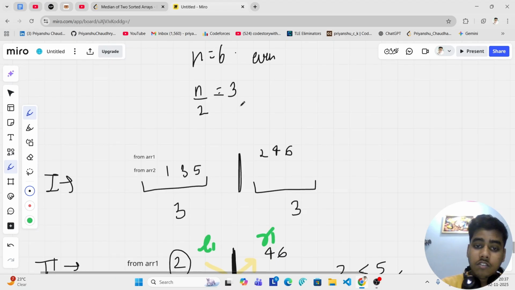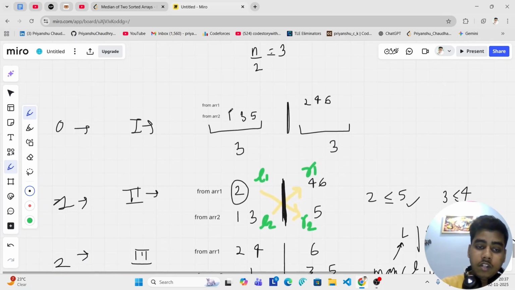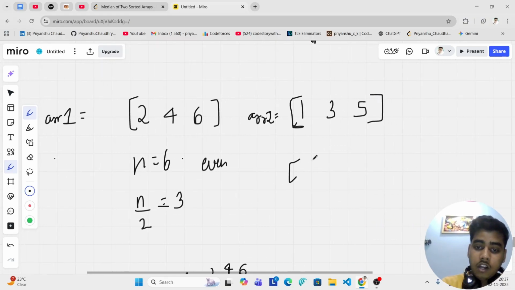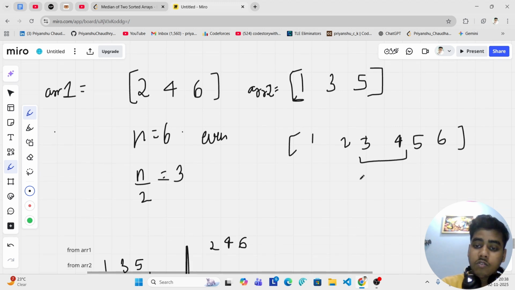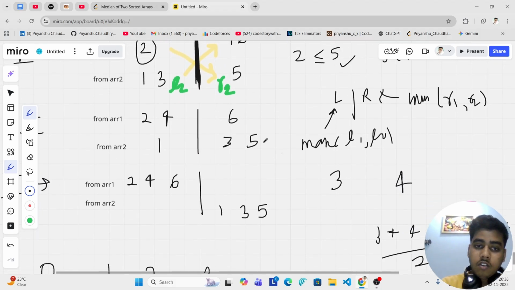Actually that was our answer, because the arrays we had were 2 4 6 and 1 3 5, and if we arrange this in sorted order in a single array, we will get it this way. And we have two medians, 3 and 4, so our median will be 3 plus 4 by 2, that is 3.5, and here also we got it. So